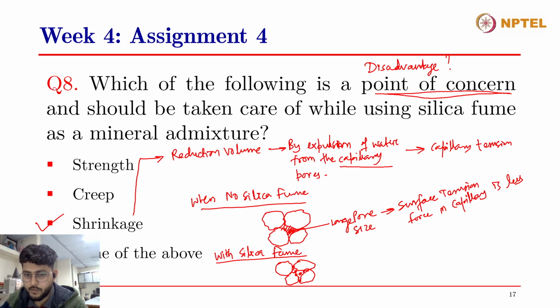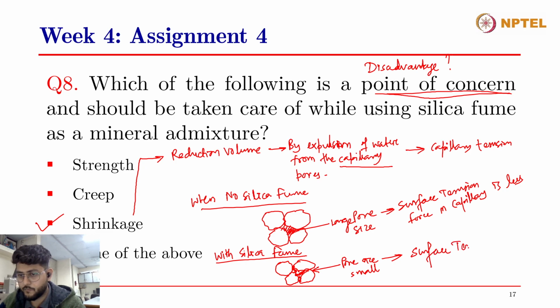So now the pore size is small, right? Pore size is now small because silica fume has already reduced the pore sizes. And due to the small pore sizes, the surface tension force in the capillary is increased,